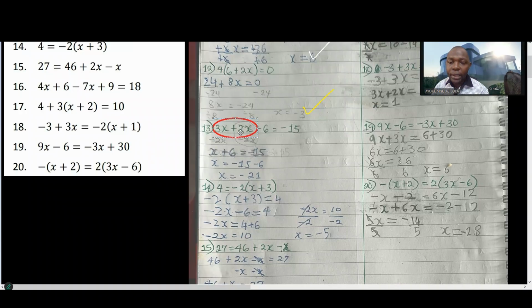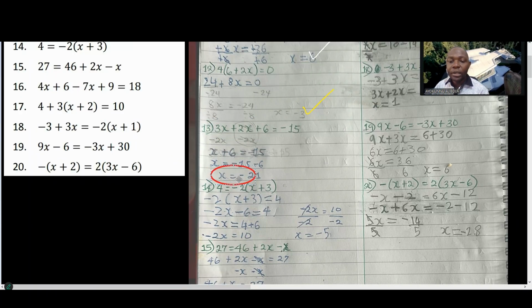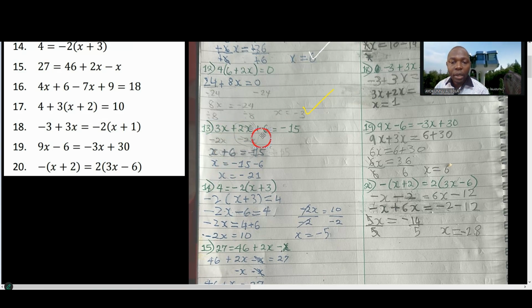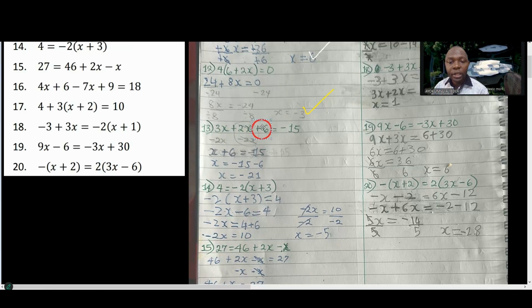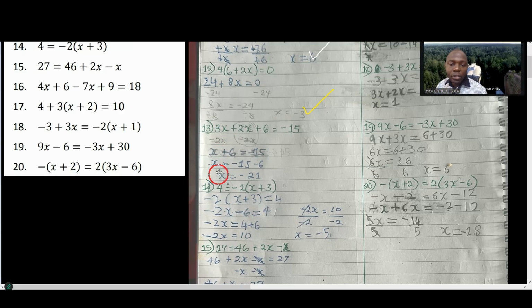5x. So why didn't he give you 5x? Why did he give you ordinary x? You can see there's something wrong with that, right? Yes. So you should get your 5x, then you get this positive 6 to go out to become negative 6, which is good as you have done, but the 5x is missing. You now wrote x equals negative 21 instead of 5x equal to what? Negative 21, okay?